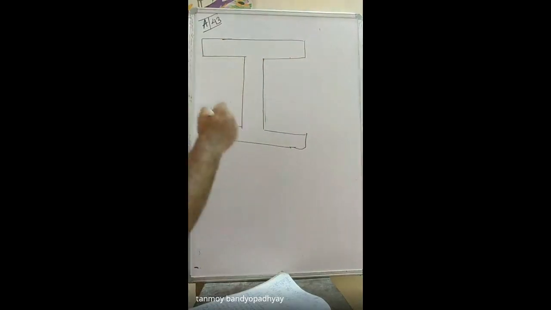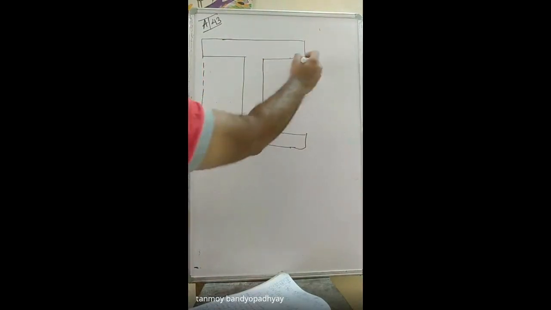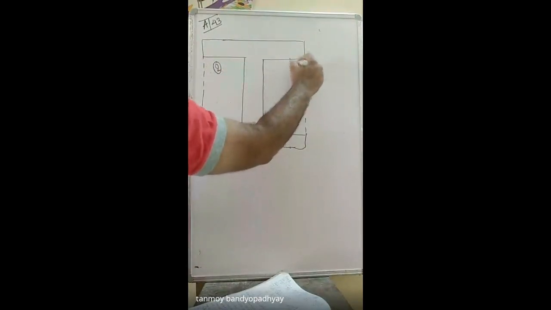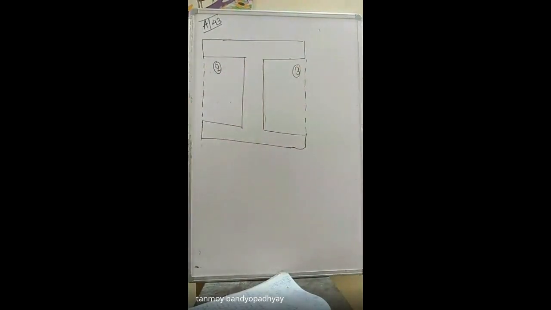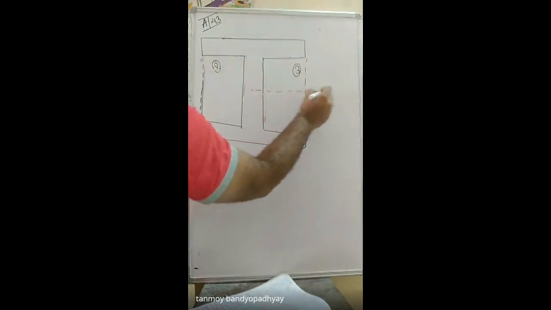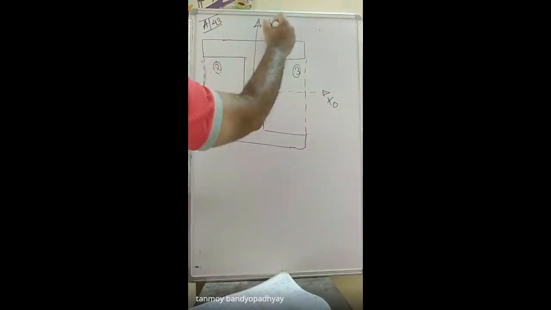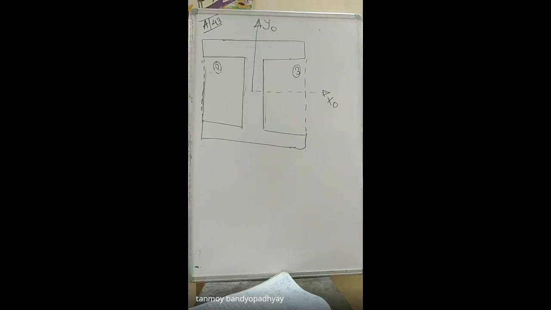So the entire thing I called 1, and these two portions that go out, I am calling this one 2 and this one 3. Understood? Here I am not naming this, this is totally one rectangle. I am making it dotted, because you could keep it straight too, but dotted makes it clear, okay? Now if I draw the axis system, this is the entire axis system, meaning x0 y0 is the centroidal axis for the I section.